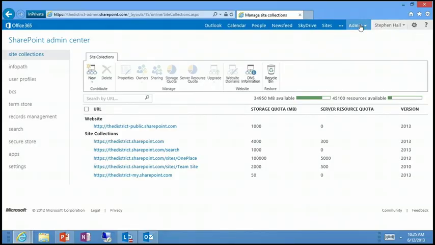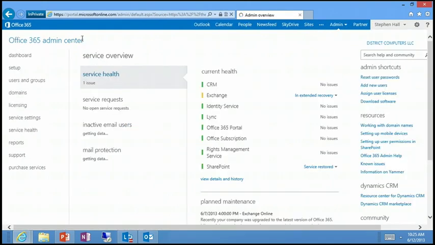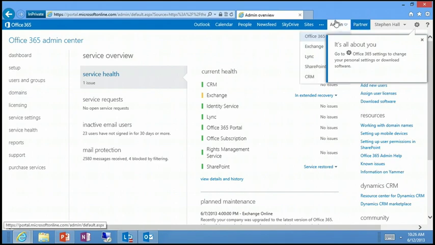All right. So this is actually my district computers' live tenant. And our site collections, as you see, there is one site collection. I don't even know what the site collection is, so if I break something, so be it. We can fix it. Let me go back to the actual Office 365 so you can see how this is done. This is the Office 365 Admin Center. From here I select Admin,